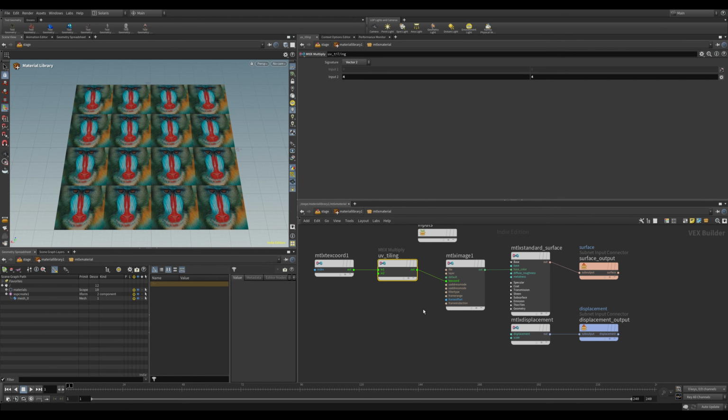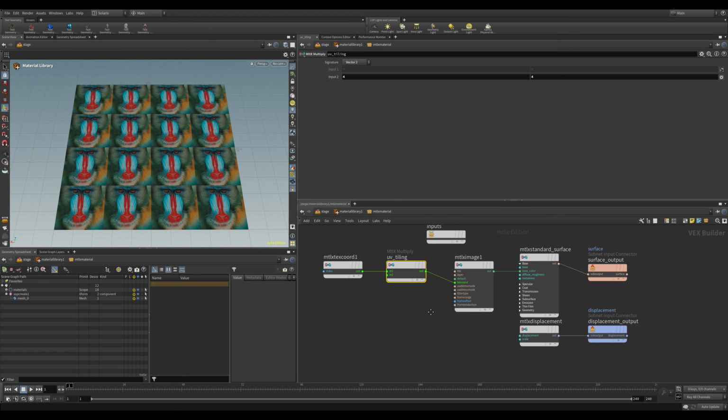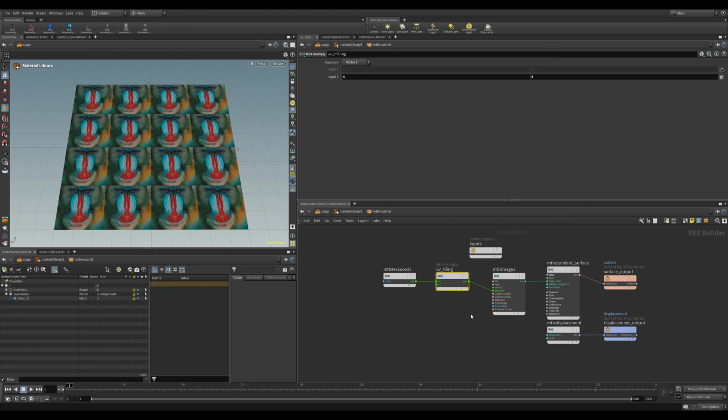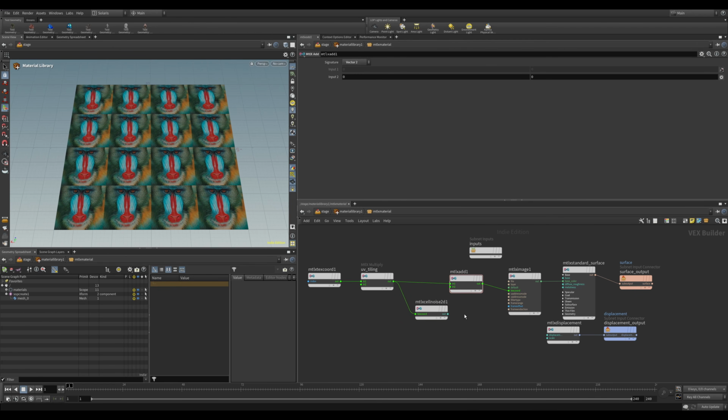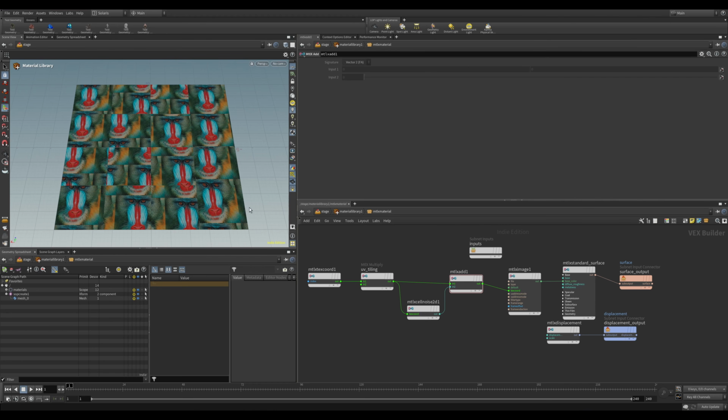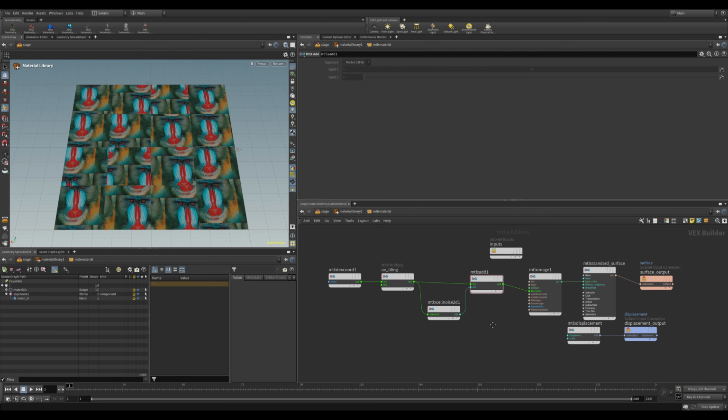And next, let's start creating some randomization. So the first thing I like to do for randomization is introduce a noise that will help us shift the image within every tile with some random offset. So let me make some space here, and I'll use the cell noise 2D for that. So let's bring in the cell noise 2D, connect it together. However, the output of this is a float, so it can't be used directly as the texture coordinate. So I'll add this back to our tiled UVs using the add node. And you'll see how it has shifted the image with a different amount for every tile that we have. So that creates a nice sort of randomization.